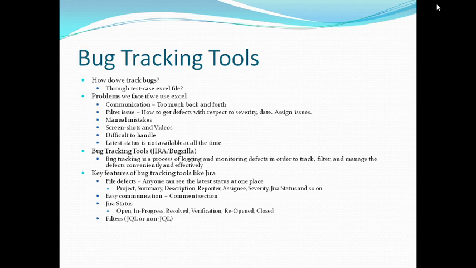Filters. Now, say there are 100 defects in Jira. Okay, then how would we filter it, or how would we manage it? So say the developer would want a list of all the defects that have been filed in the last 7 days. Okay, so he can create a query like JQL. JQL is Jira query language. So the developer can create a query and filter all such